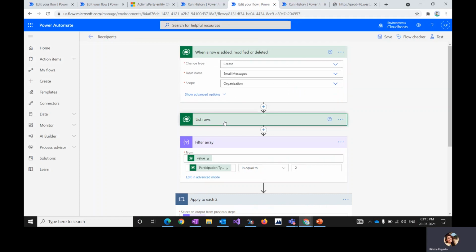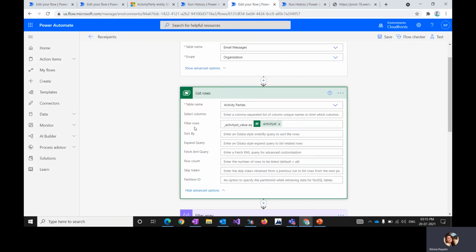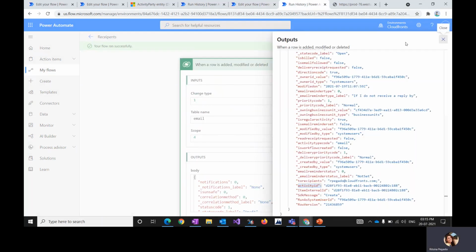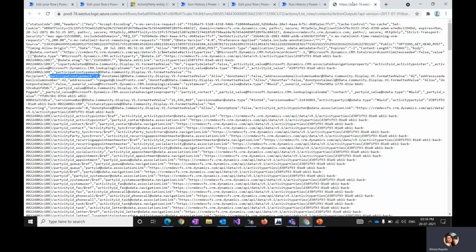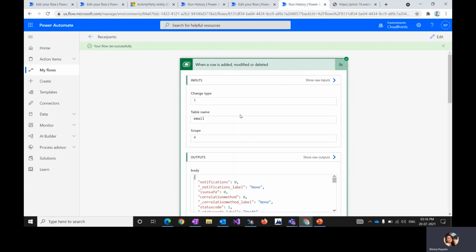So in the flow, we will use the step List rows. Here we will filter the activity party rows with only the rows that belong to the activity party of our email message. Let's have a look at how the output looks. This is the output of the List rows. If you see, it is a huge output, but we have the details that we needed. We have the recipients like participation type mask 2 and other details of the To recipient like the address used. So to get these details, we can